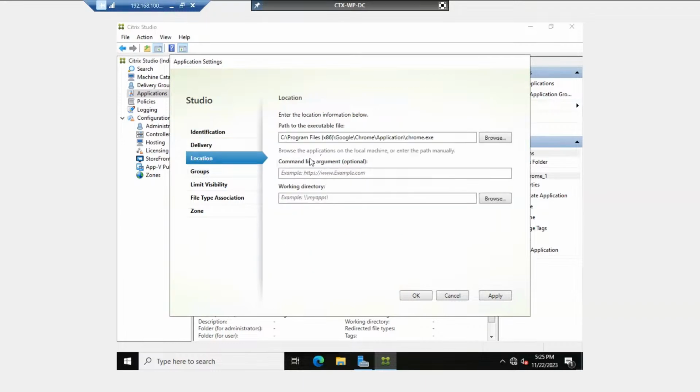And into the location, you have to locate the path of the application from wherever it is running. In our case, it is a default directory, right? But in some scenarios, there is a requirement, like companies having their own applications, right? So some applications might be directly running from the desktop or from any other directory, right? So you have to locate the path, and into the command line, simply type https